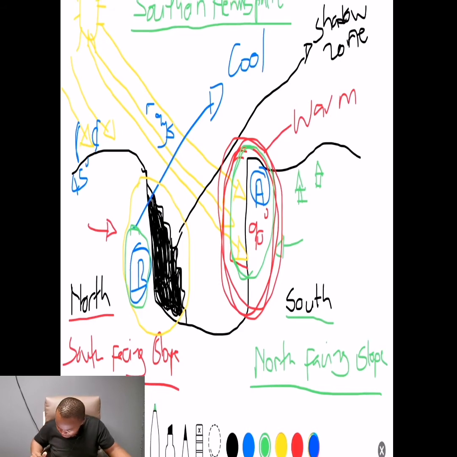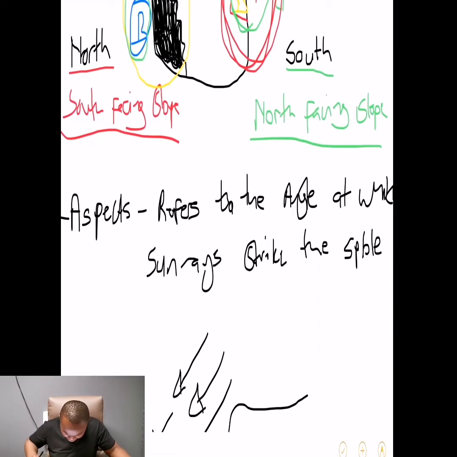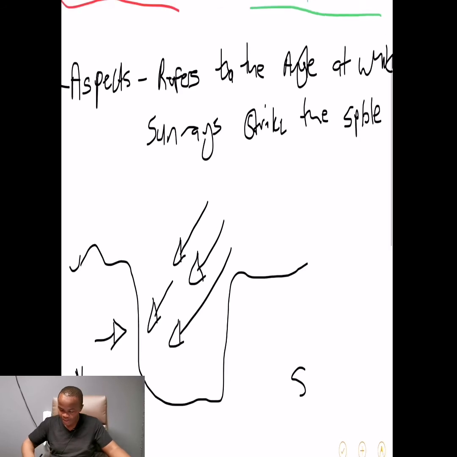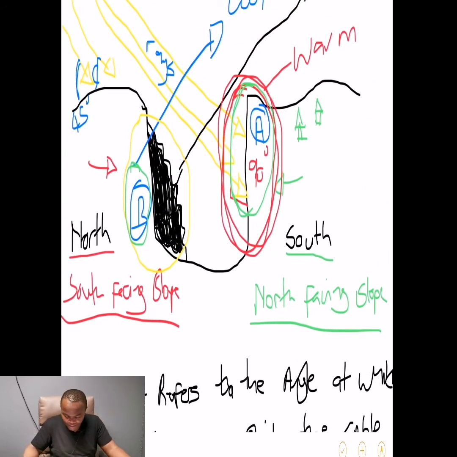And then again, let us move on now. How do the aspects influence our vegetation? Dense vegetation such as forestry, shrubs and fern can be planted on the south-facing slope, which has cooler and moist conditions, on area B. Why is this the case? Because they are able to grow in this area.